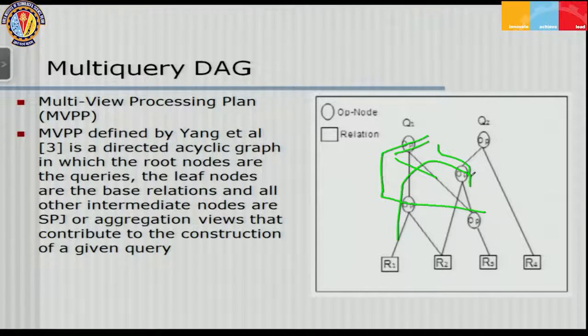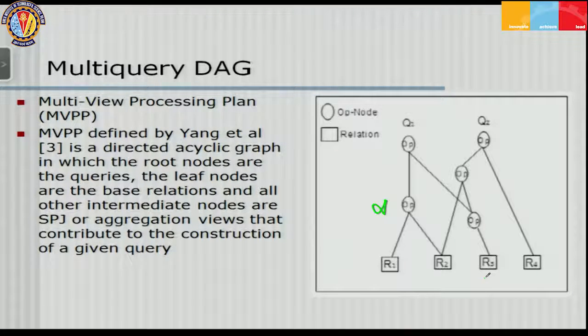So you can see that Q2 can be evaluated by, say, if I define this as a join, so let me clear the annotations. So Q1 can be obtained by joining R1 and R2, or there's an alternate way of computing Q2, that is applying some kind of operation on R3, right? Similarly,